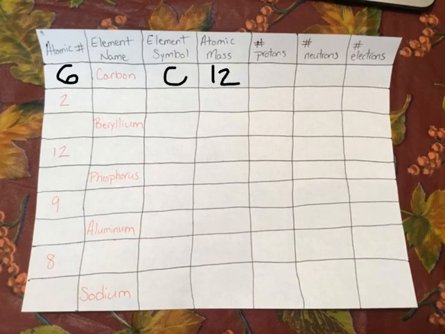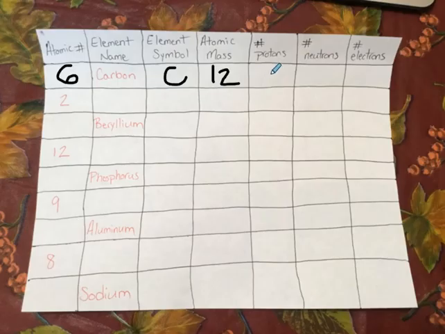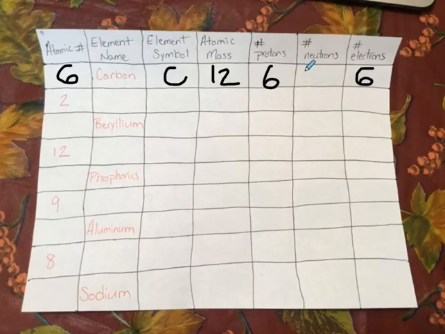Okay, if you remember, my atomic number tells me how many protons there are, and since that also is the number of electrons, we know now that we have 6 protons and 6 electrons. Then the only thing we have left to do is find the number of neutrons. To do that, we're going to do a little math problem. You need to write out this math problem. If you remember, the mass, or in this case 12, is equal to the number of protons plus the number of neutrons. So we're going to write out 12